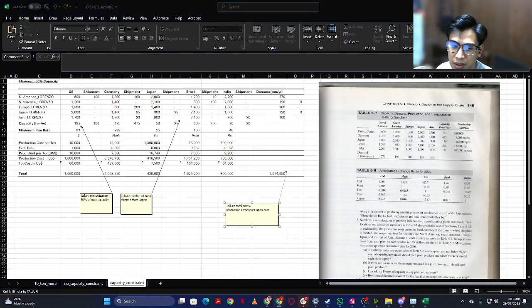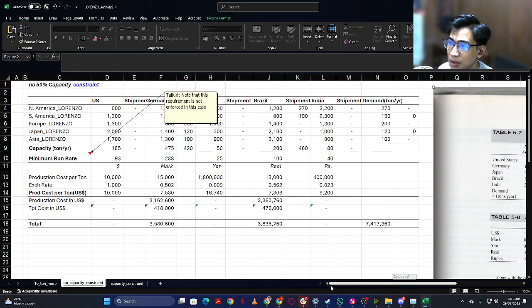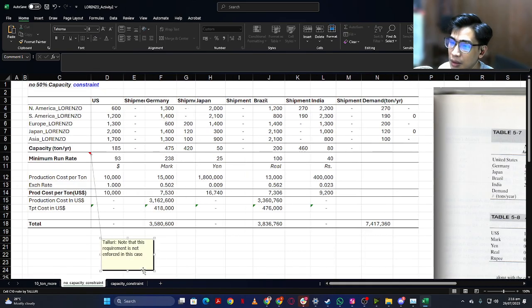All right, so let's move to question B right here. If there are no limits on production, plants can run below 50%. What's the optimal production plan? All right, let's move forward here to the other table that I did. So here you can see